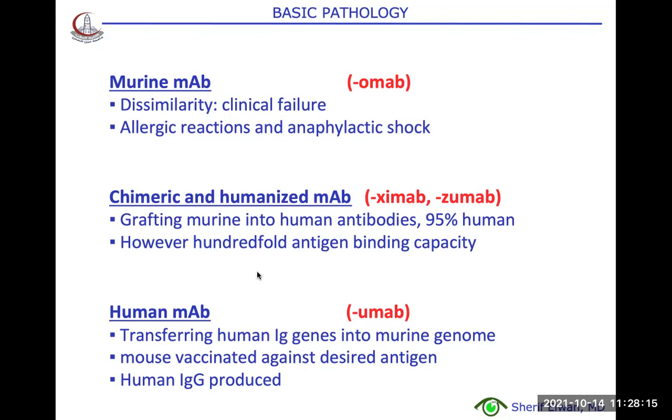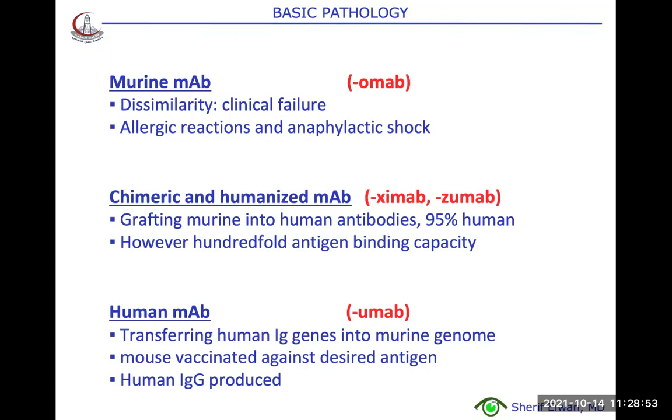Monoclonal antibodies coming from the mice are given the suffix OMAB, for example bevacizumab. Chimeric and humanized monoclonal antibodies, humanized meaning synthetic, are given the suffix XEMAB or ZUMAB. That is mixing the murine and the human antibodies, 95% human, and they have a very big antigen binding capacity,